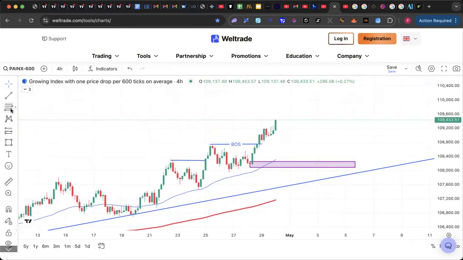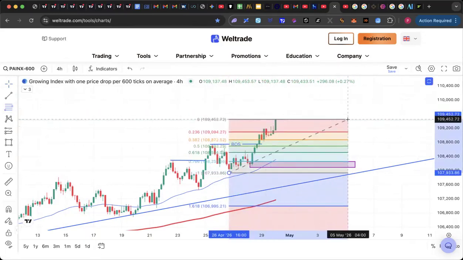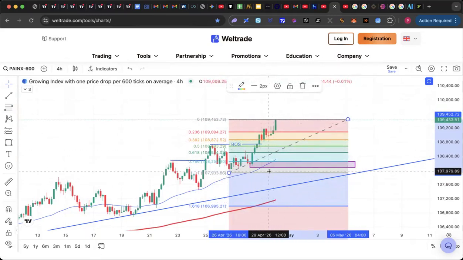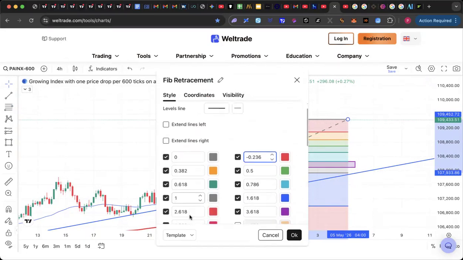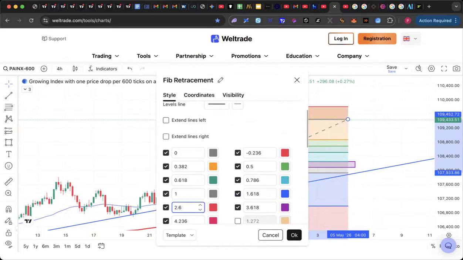So what I'm going to do is take my Fibonacci. You need to know how to make use of it. It's very simple. Drag from a swing low to swing high because I want to buy. This Fibonacci, you need to edit it sometimes because it just gets messy. I use minus 0.25. So this one that is here, I clean the numbers and use minus 0.5, and I will explain to you. So now if I use minus 0.5,